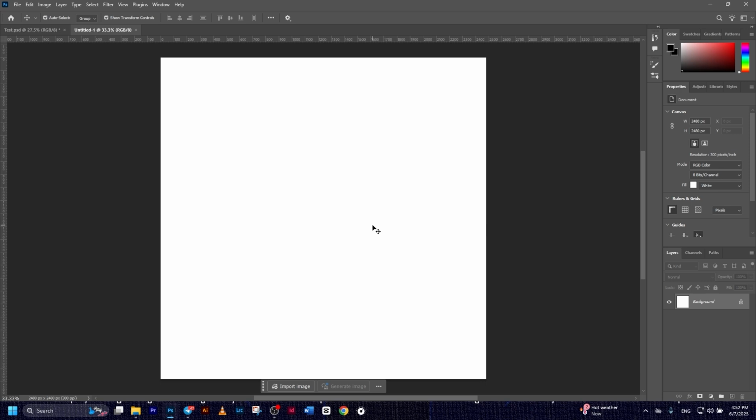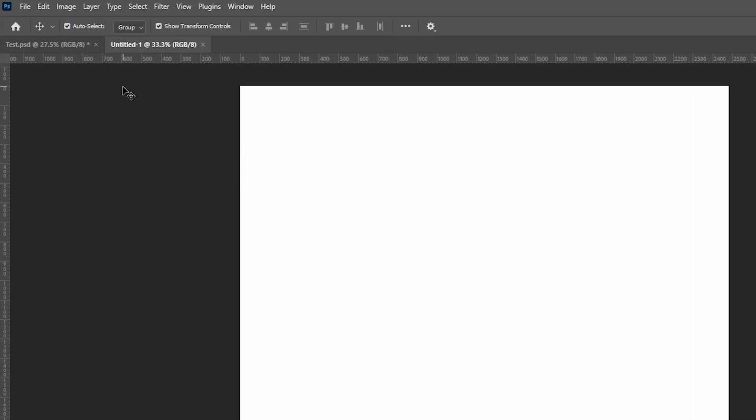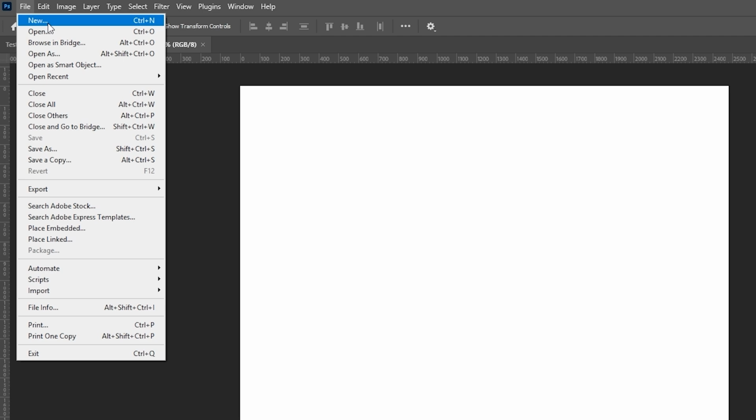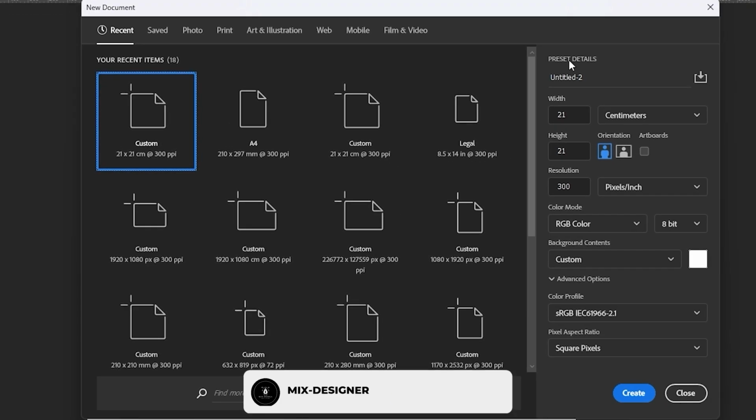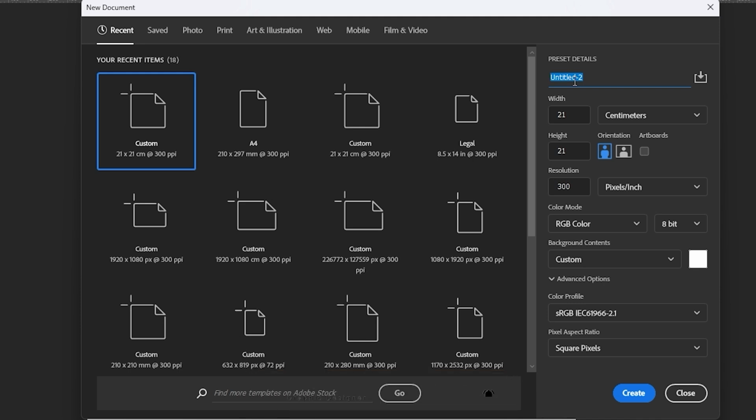The first step, we create a new document. Go to File, New, or press Ctrl N. This is the preset detail. The top one is the name of the flyer. This area is the size of the flyer. I choose centimeters,